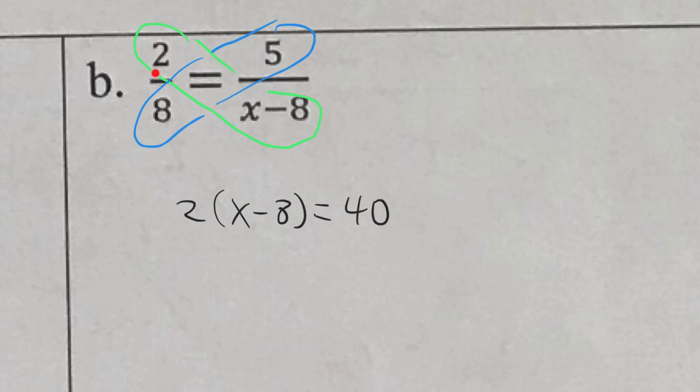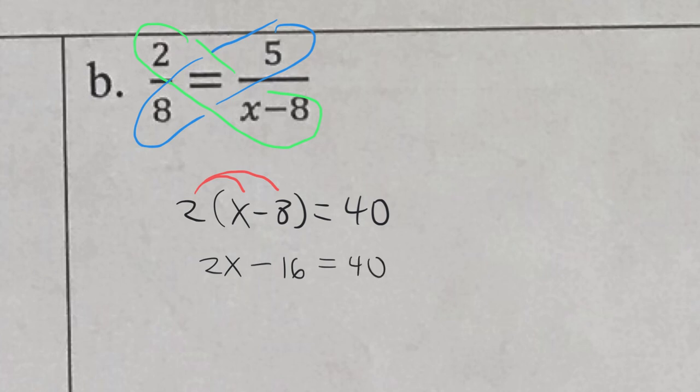Now, I'm saying I could have reduced that, but it doesn't matter. This is good practice for the distributive property. So we have a number on the outside of parentheses, which means that we should, very likely, multiply it in or distribute that 2 into the parentheses. So 2 times x is obviously 2x, and 2 times negative 8 is negative 16, and that's going to equal